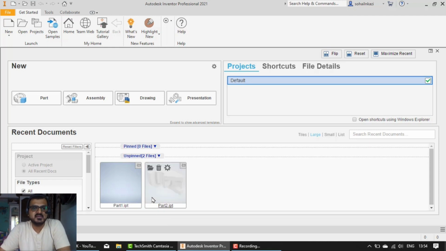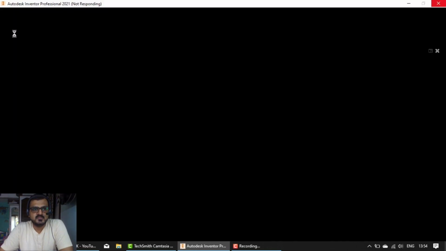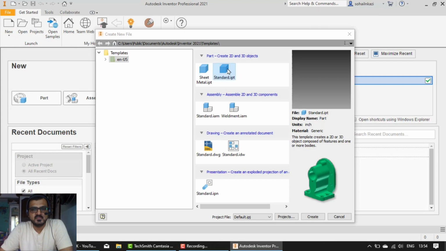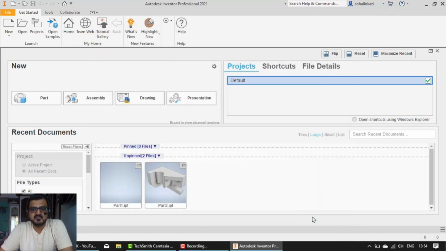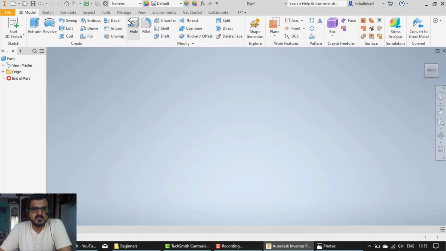As you can see, we'll be going to new, standard, create. After opening this, the default unit that has been selected in this software is inches.